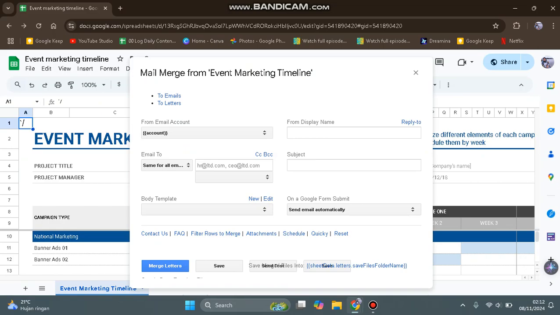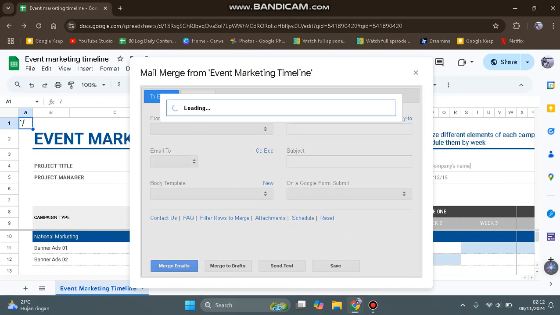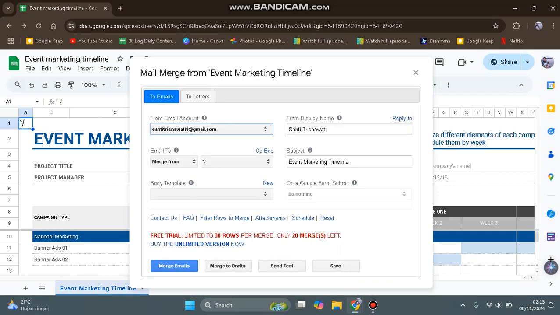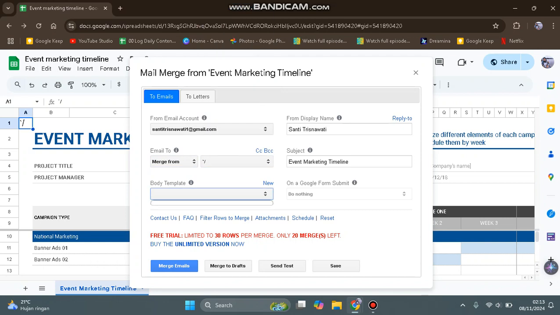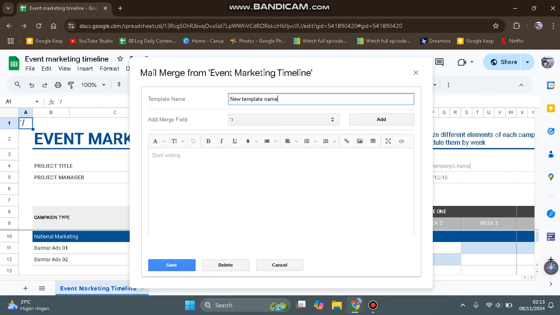This is the mail merge. What you need to do is select the email account in here from, let's wait, it's loading. Okay, it will detect your Google account and in here email too, and then you can click on merge from here. You can